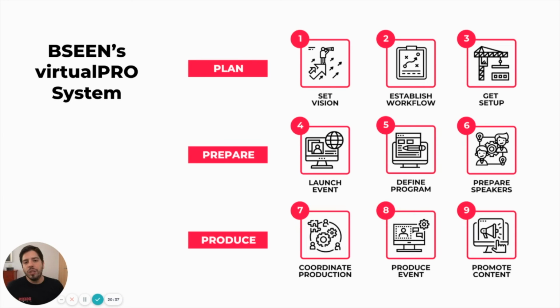And lastly, we go into the whole production. I mean, what is the timeline? When exactly do you need stuff? How can you templatize things so that you're not constantly starting from zero each time you want to do an event, but everything is already done and you actually minimize the production work?